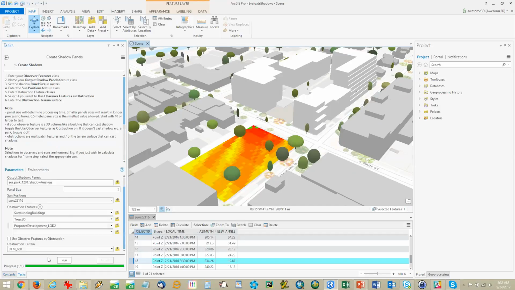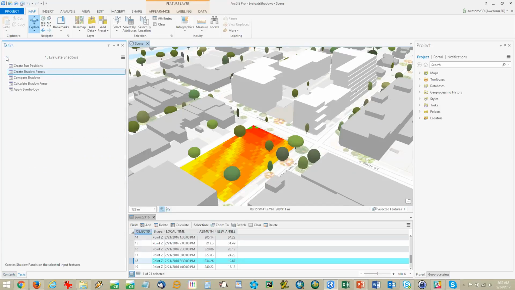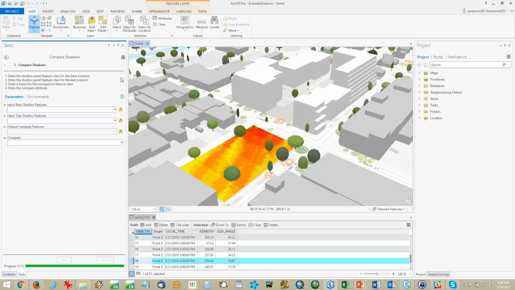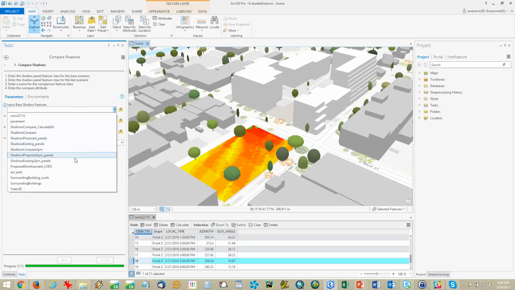And of course, we have tasks for this. So the create shadow tasks will create you the existing situation and the proposed situation. Then there's another task that will allow you to compare your base scenario with your test scenario. So if I would say base scenario would be existing